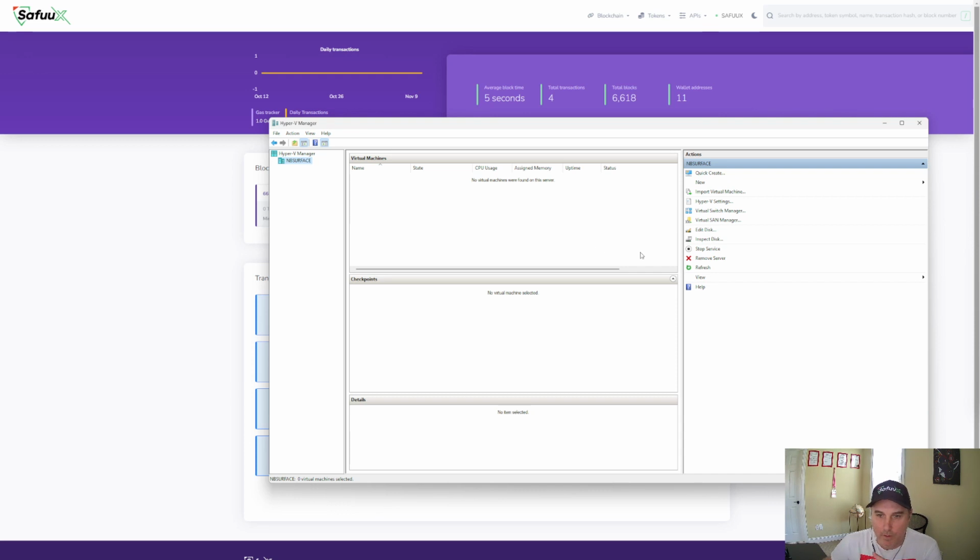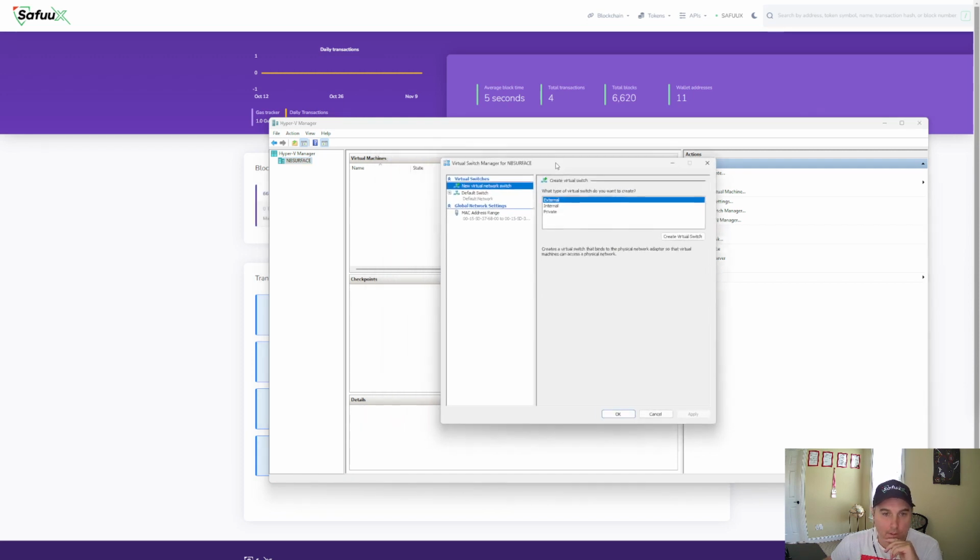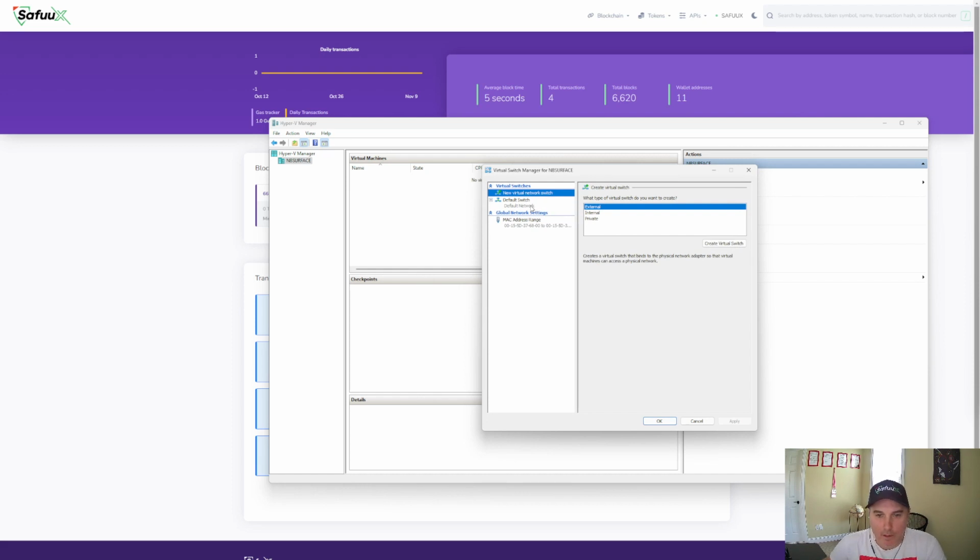The first thing you're going to want to do is go over to the right hand side here and select Virtual Switch Manager. Okay, and you're going to have to create a virtual network that your node can connect through to your home internet, or wherever you are, and separate this. So to do that, you're going to leave it as new virtual network here, and leave external, because that's what